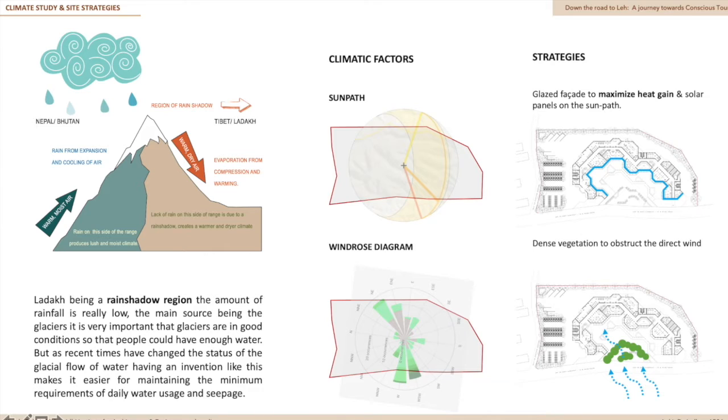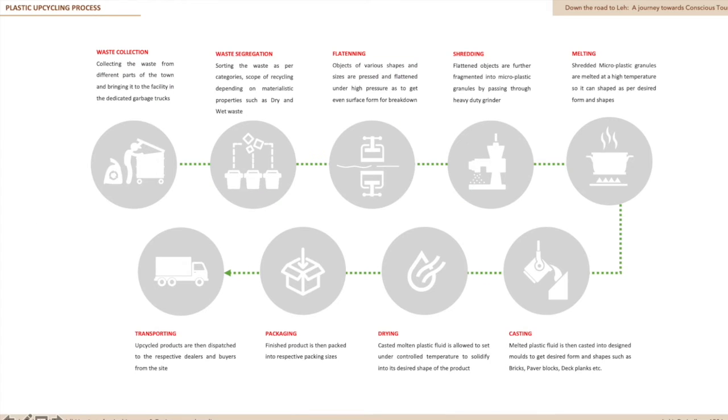Similarly, after studying the winds from the wind rose diagram, I strategically place the dense trees at the front facade in the direction of strong winds such that there is no harsh or strong cold breeze or hot loo affecting the users of the building. Here, I start with the process about